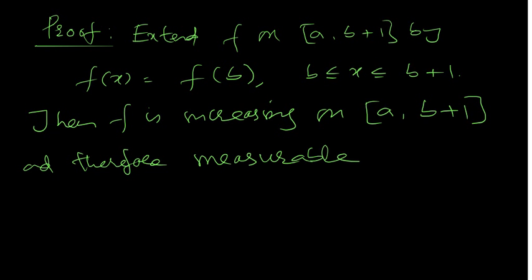Therefore it is measurable. It is increasing, therefore it is discontinuous at most at countably many points. That means it is continuous almost everywhere over this interval also. So it must be measurable. Thus the divided difference